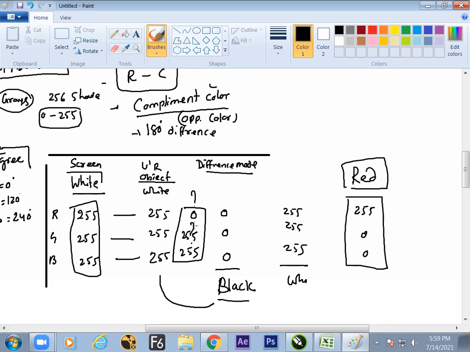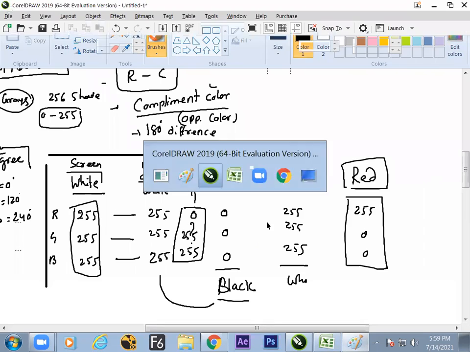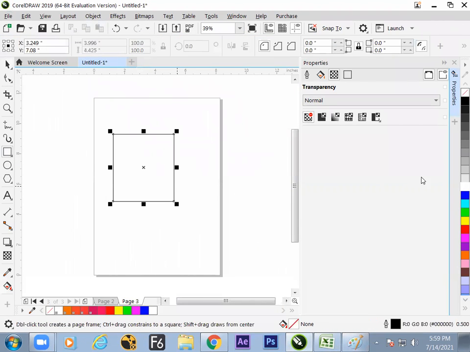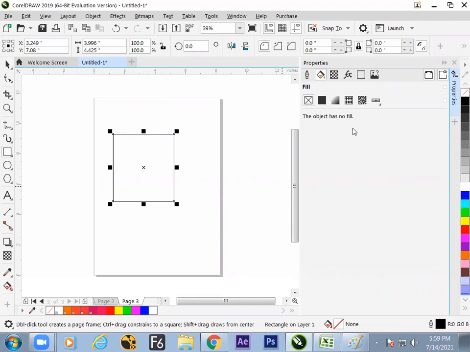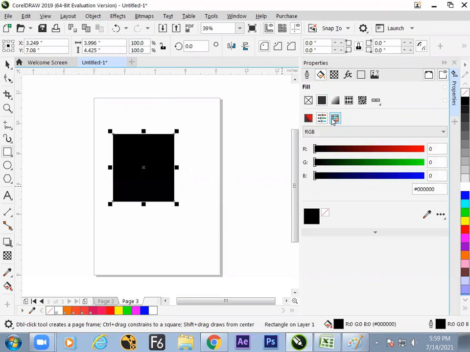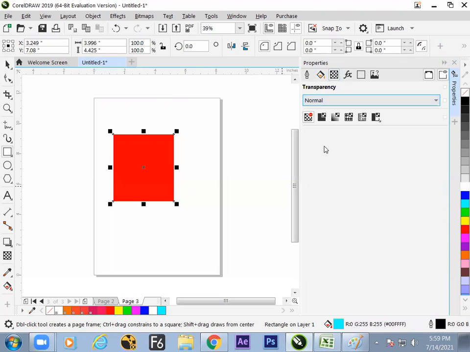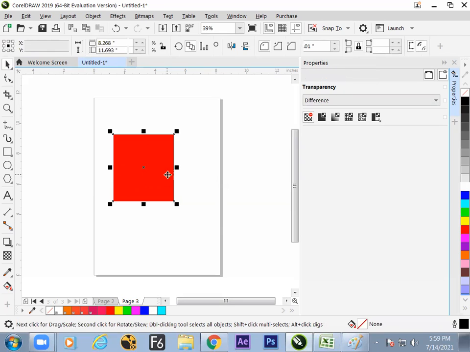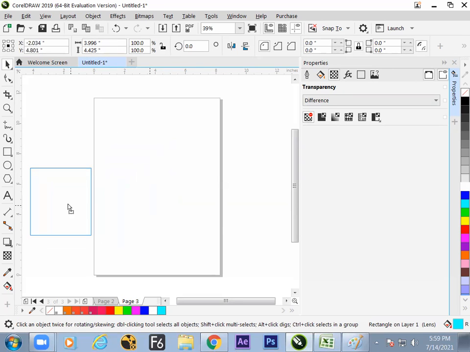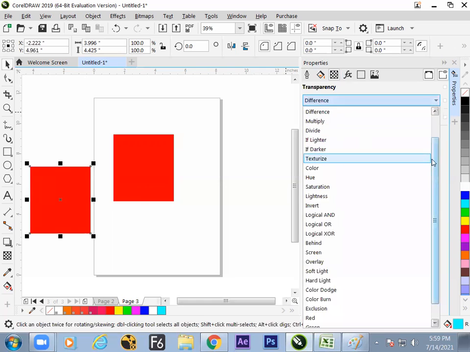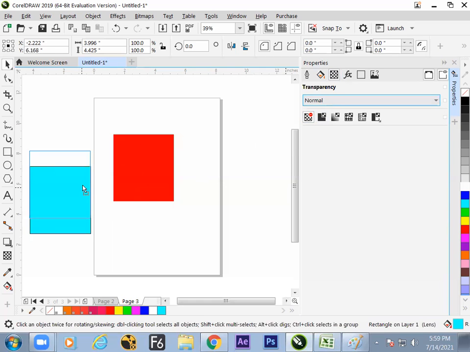So what is that color which has green and blue at maximum? That is called cyan. Fine then. So I've taken the math, switch to cyan, and you know how to make a cyan color. How to make the cyan? Yes, by moving the green and blue sliders to maximum. Now switch to difference mode. Find the red color, right? Is it clear? How does a red color form from the cyan color?